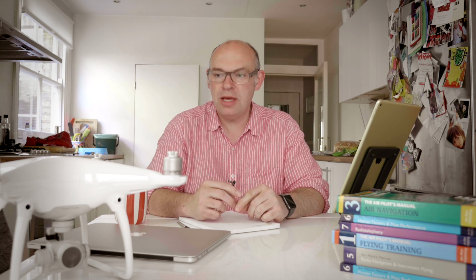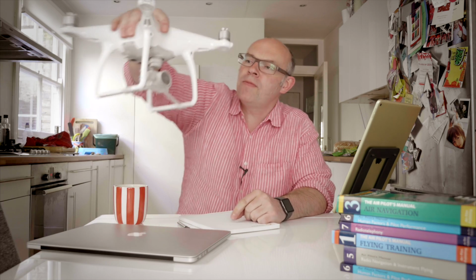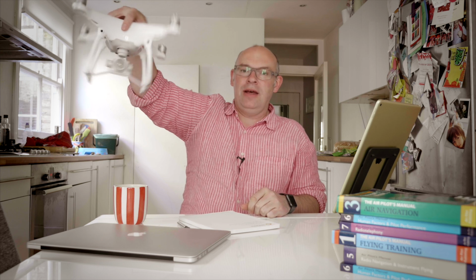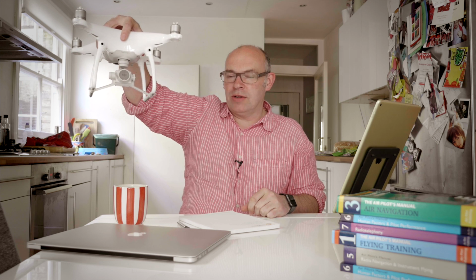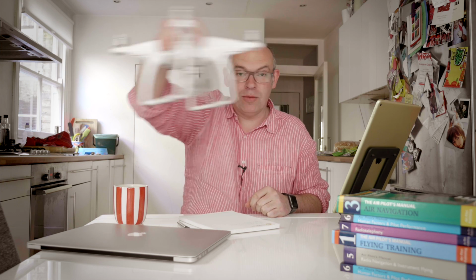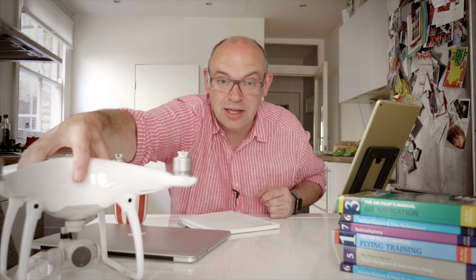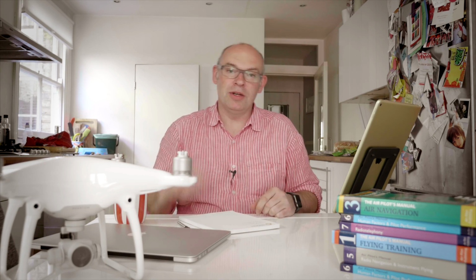So this quadcopter in this case is still stable. It still sits there. You know, they're relatively easy to fly. It's not going to fall out of the sky. But what will happen is if there's a wind blowing, which there will be a wind blowing, it just wanders off. And it can wander off in any direction that the wind feels like, and gusts hit it. So suddenly, what you think is quite stable, it gets a gust and off it goes, and you think, so it's a different